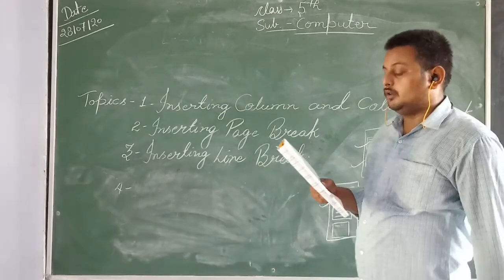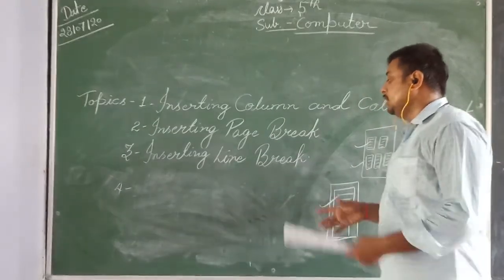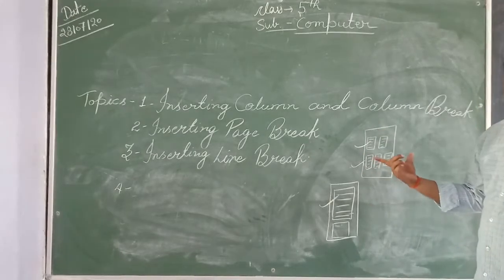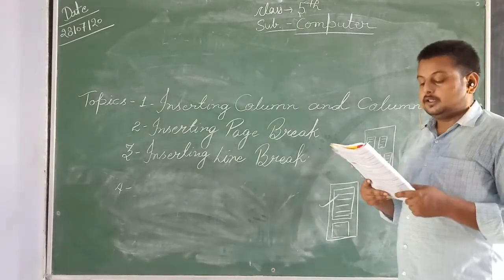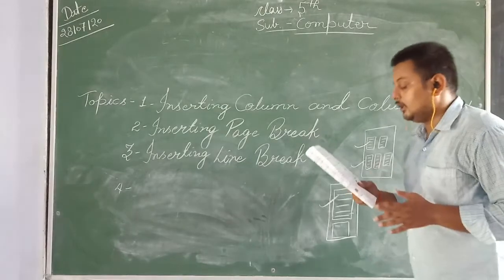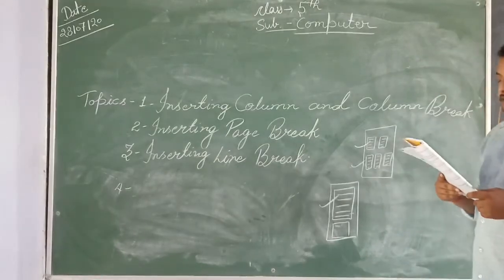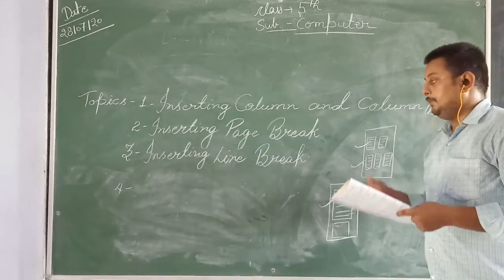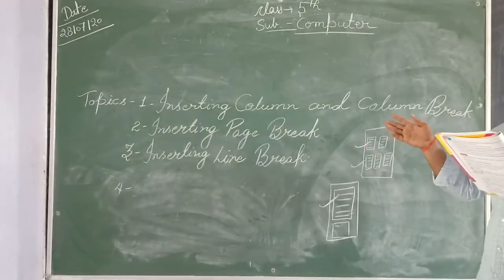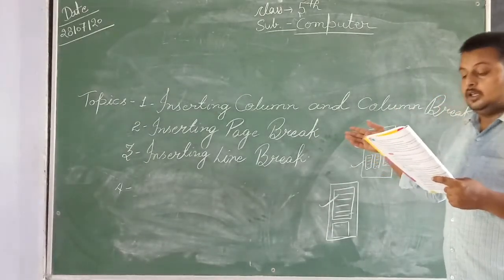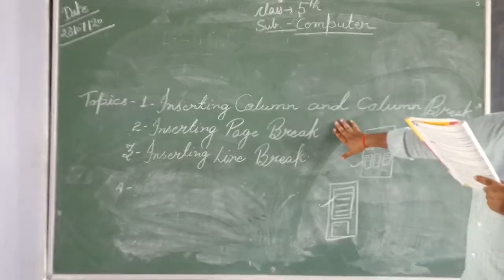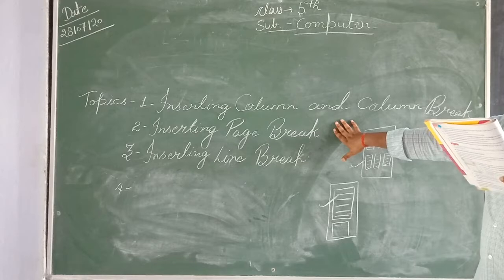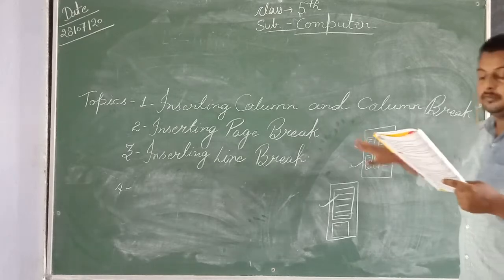Click on the text where you want to do the page break. Means where you want the page break, you can simply select that part, and after that select the Break button on the Page Layout tab and select the Page Setup. Okay, now you can go through the Page Layout tab and select the Break button. Okay, from the Page Setup click on the Page option from the drop-down menu.